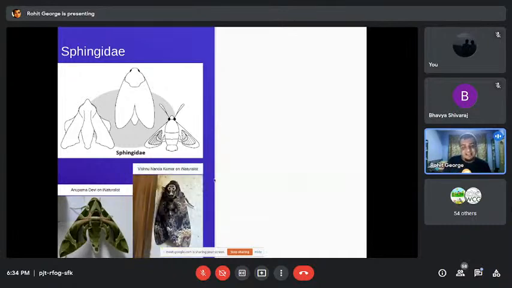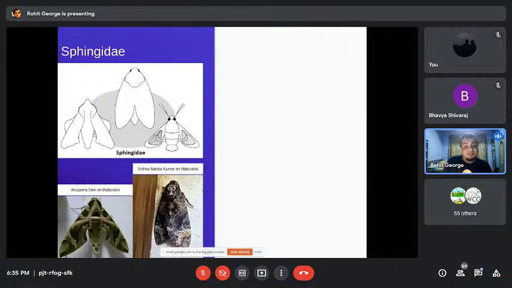It's called the death's head hawk moth. That is because some people say that this part here looks like a skull, like the skull of a human. Again, there are some interesting things about this moth. Lots of moths go to plants or flowers and they drink nectar. Sometimes they may drink the sap of trees.